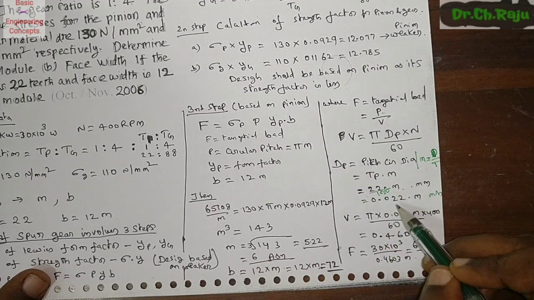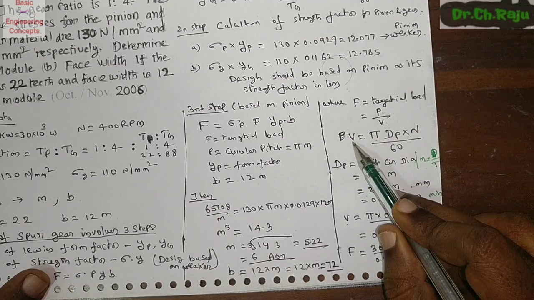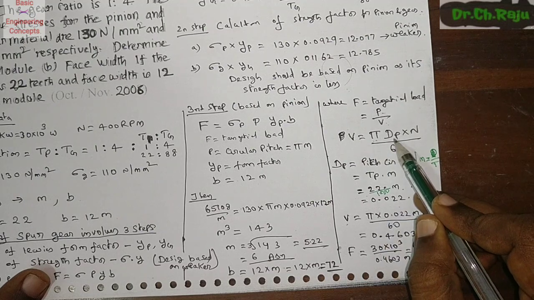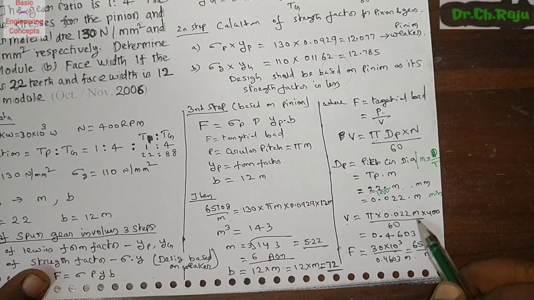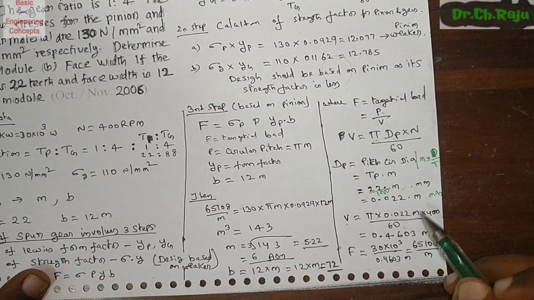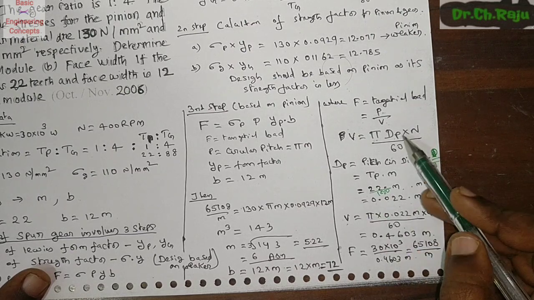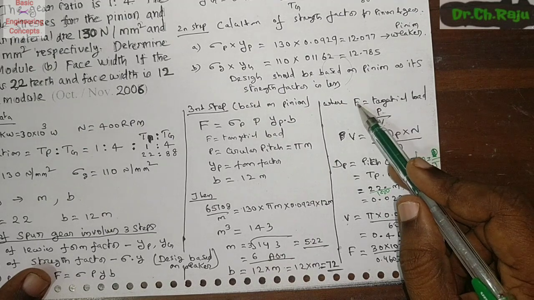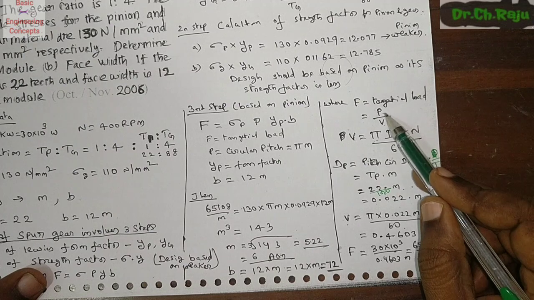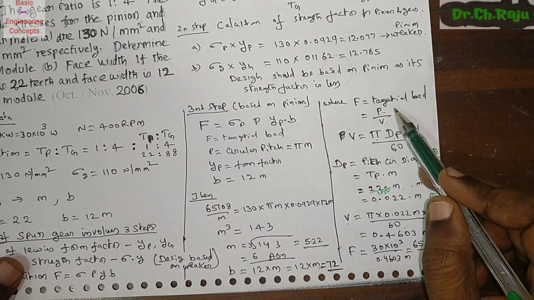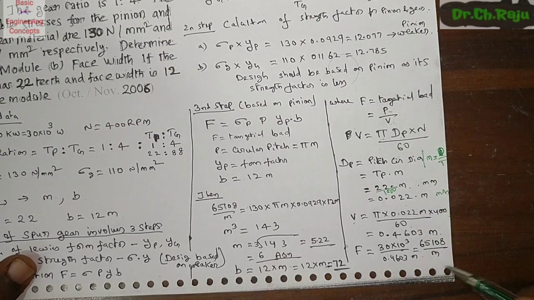So once the dp value is calculated, you substitute the d so that you can calculate the velocity, that is pi dp into n, that is pi into 0.022 m into 400 by 60. So it is 0.4603 m. After calculation of the velocity, you can calculate the tangential load as P by V. Already P is given, that is 30 into 10 cube. So once the value of F is calculated, that is